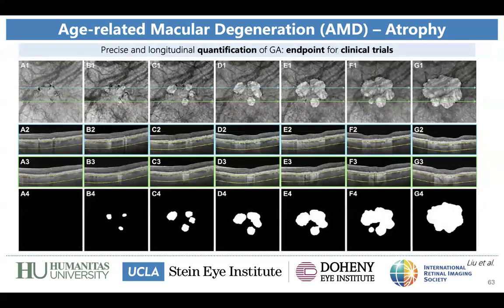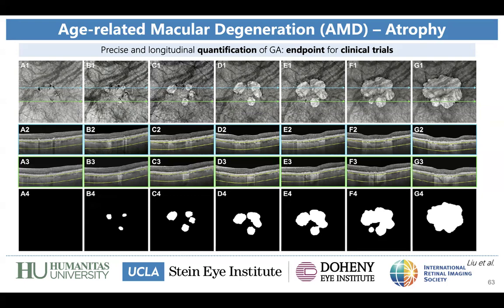This is an example from a paper from Dr. Rosenfeld's group showing that hypertransmission defect can actually be quantified, and so there is a great promise also in terms of clinical trials using en face OCT as an imaging endpoint to monitor geographic atrophy, especially with the recent advent of